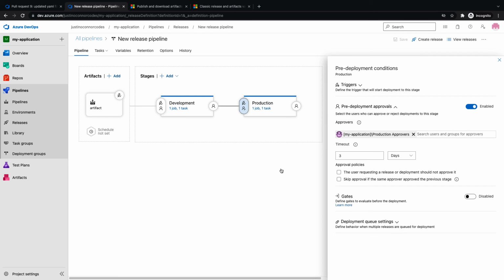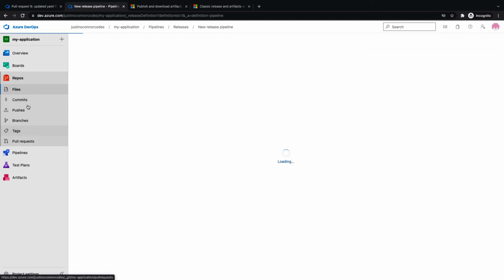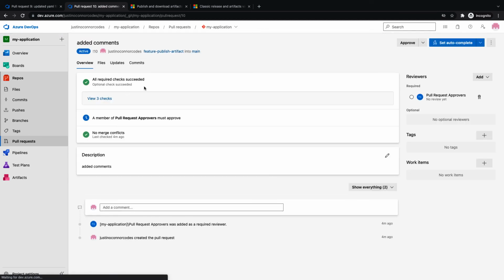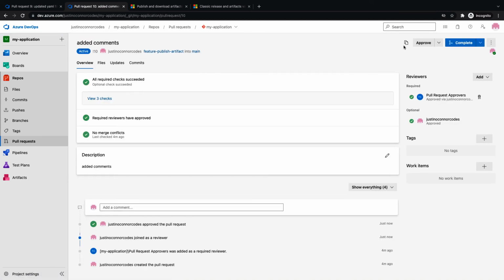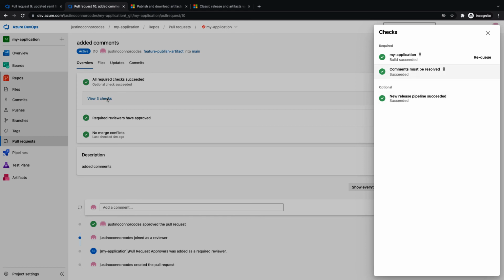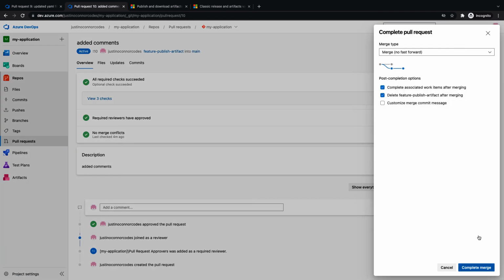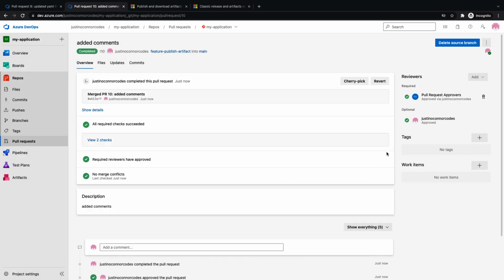And now what we'll do is go ahead to our repository and our pull request, and we are going to go to that pull request and approve it. Since everything passed, we were able to approve it. And you can see that even in here the release was successful, right? So we didn't rename our release pipeline. We probably should have. But this is basically saying not only was the build successful, but the release was successful as well. And now when we complete this and complete the merge, what we're gonna see is that